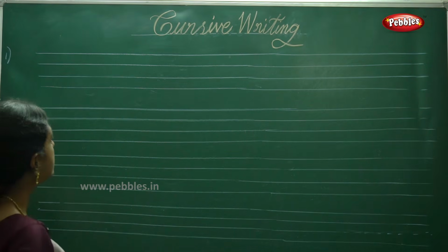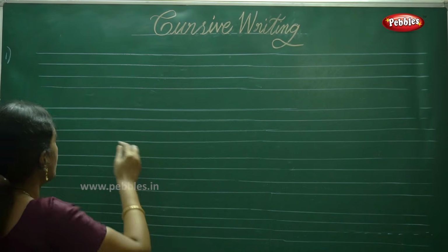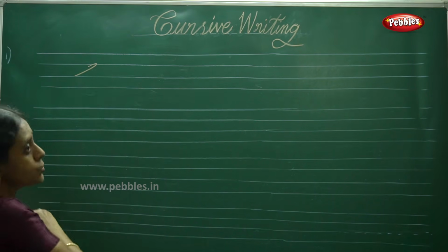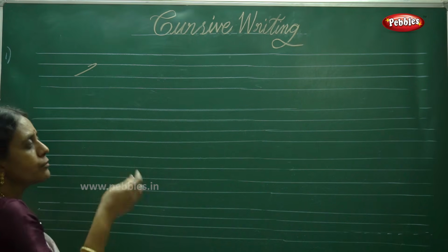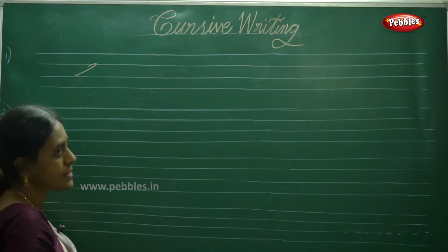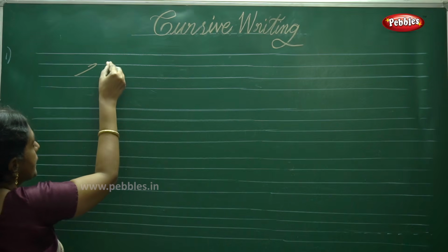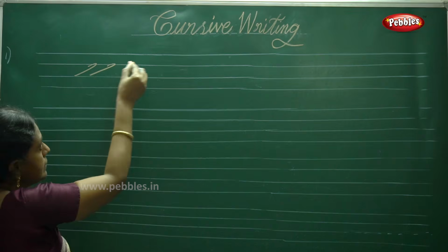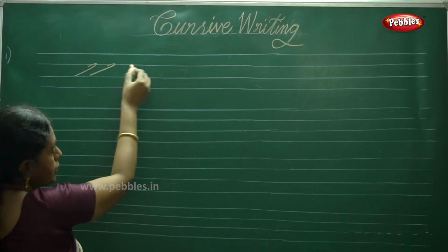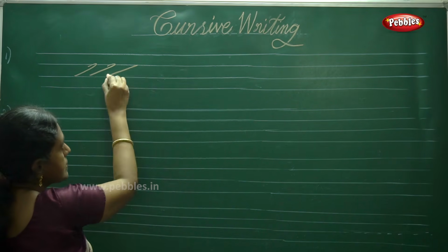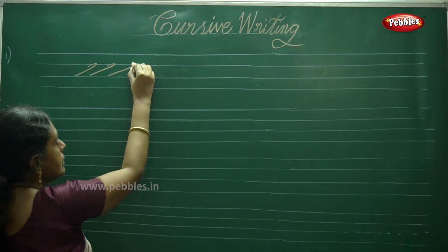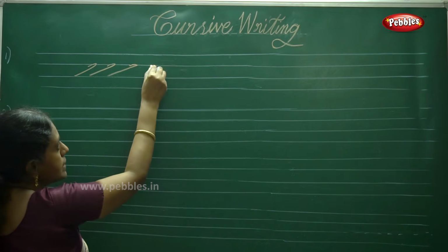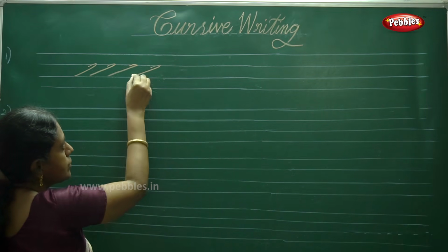Next, letters from another stroke. This is the stroke, similar to your grandfather's walking stick. They keep it in their hand, remember it like that. Slanting from the top line to the bottom line. Let's first draw this, then make it a loop. It is easy, very easy. Otherwise, you draw something similar to this.